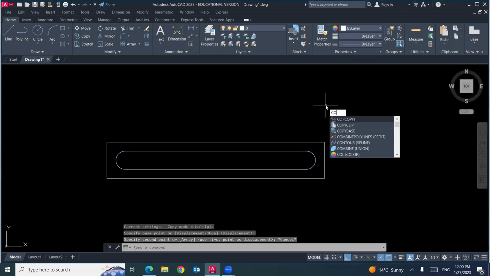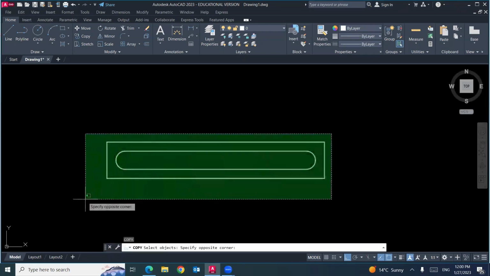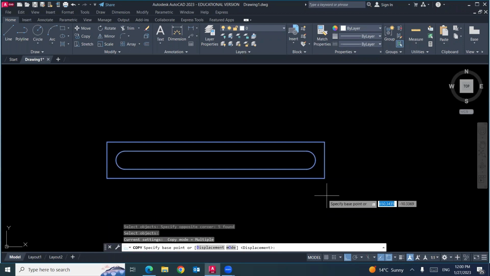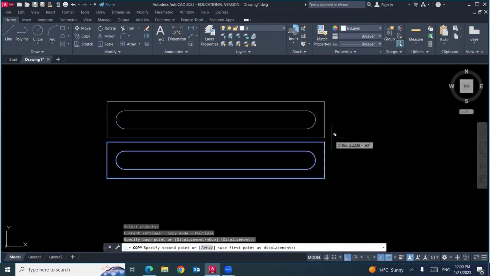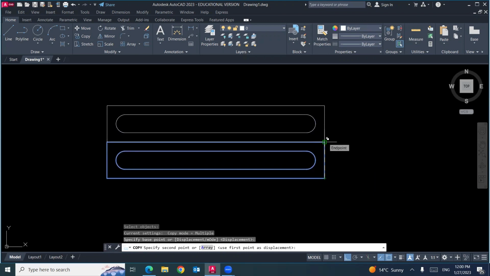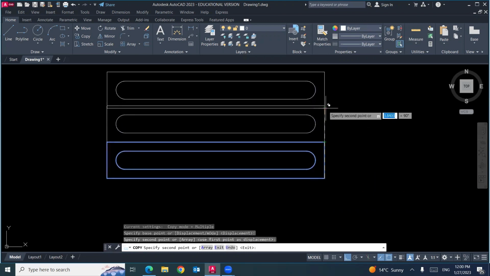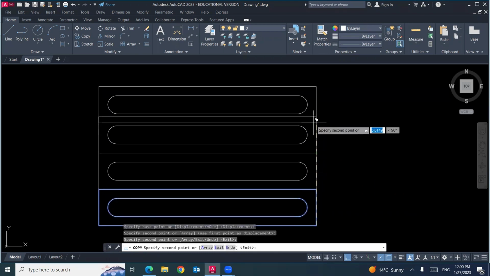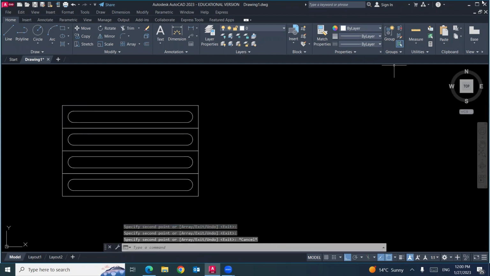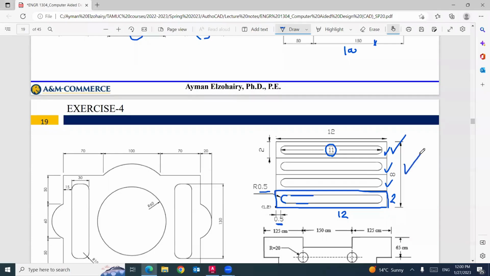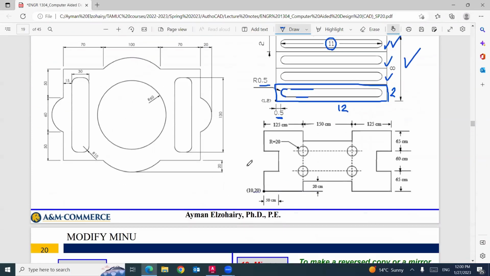So CO enter, I will select this object, enter, base point is here, and this base point will be coincide with this one and this one. And then finally with this one, click, you are done. This is for this object.